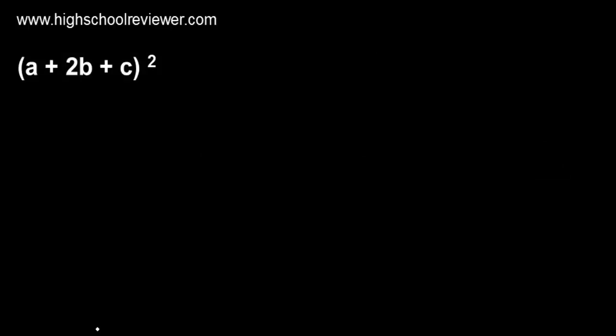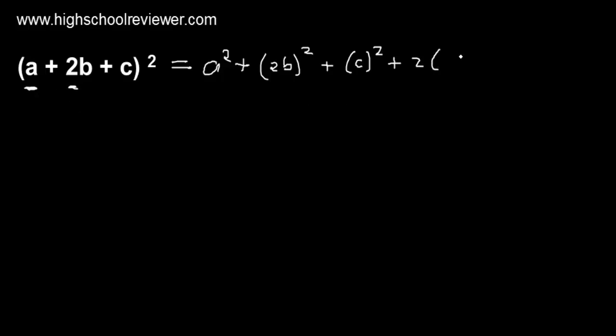The square of a trinomial, our given, the quantity of a plus 2b plus c raised to the power of 2. First, get the square of the first term. So we have here a squared plus the square of the second term. This will be 2b raised to the power of 2 plus the square of the third term. This is c raised to the power of 2 plus 2 multiplied by the product of our first term and second term. This will be a multiplied by 2b